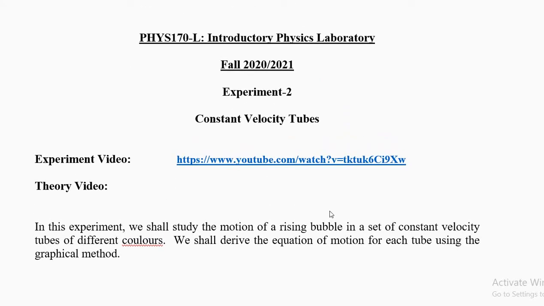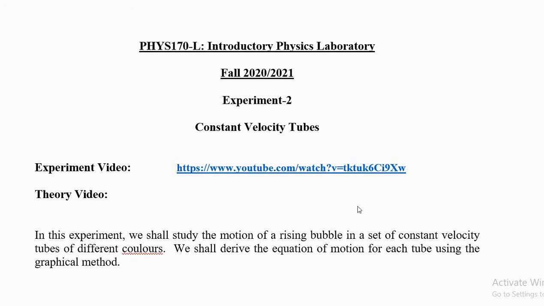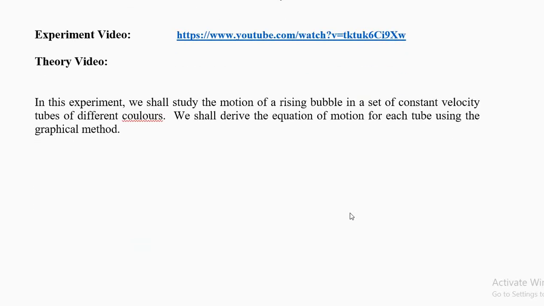See, our lab has 6 colored tubes filled with colored waters, and there will be a bubble in each tube. You will use one tube at a time, and then you will write down the equation for the motion of the bubble. And since it is a constant velocity, which means zero acceleration, your equation will be v final equal to vi plus at, or you can say final position equal to initial position plus velocity into time. So these are your equations from chapter 1 or 2 of your basic physics course.